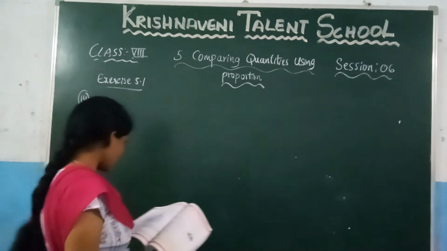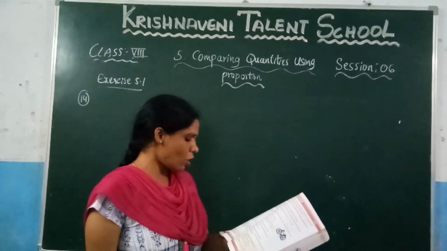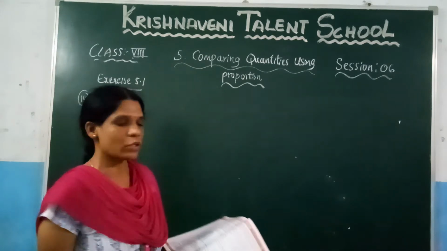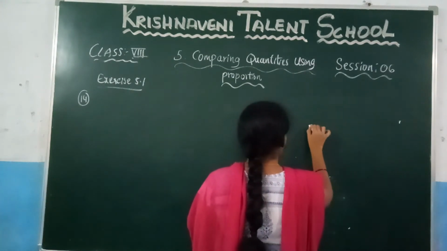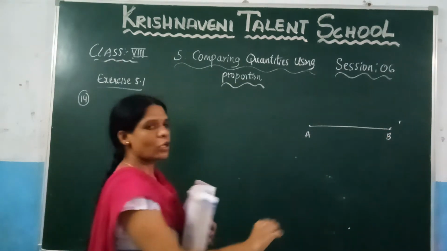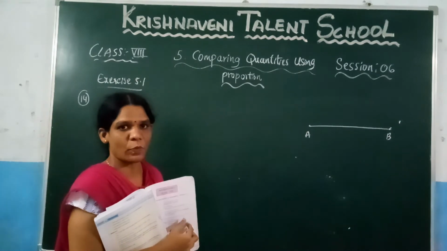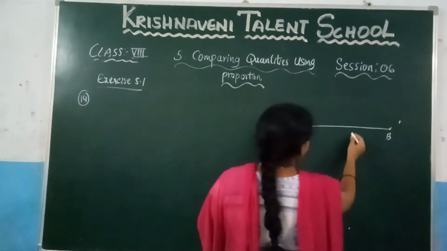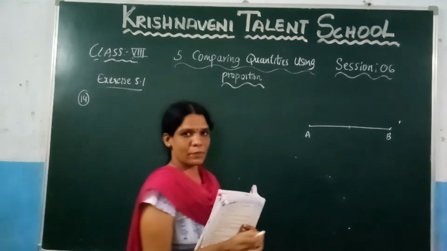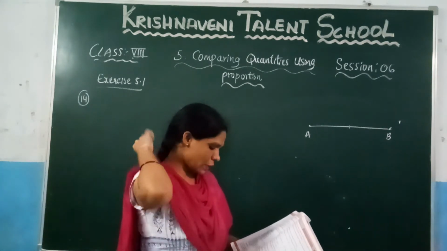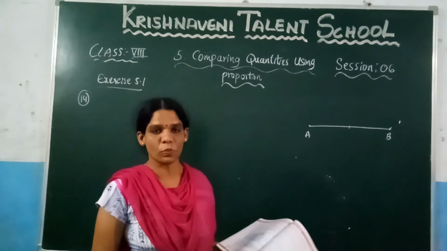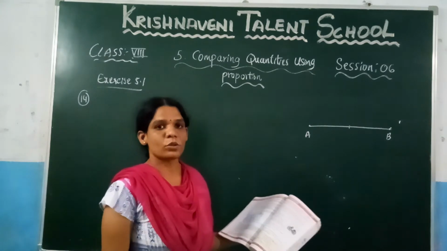Question. So what they have given here, points P and Q are on the line segment AB on the same side of its midpoint. So what is the meaning of that? Let us consider this is the line segment AB. What is the midpoint? The center point we call it as a midpoint. So let us consider this is the midpoint. Now what they are saying here, points P and Q are both on the line segment AB. You need to consider P and Q points on this line segment such that those two points lie on the same side.